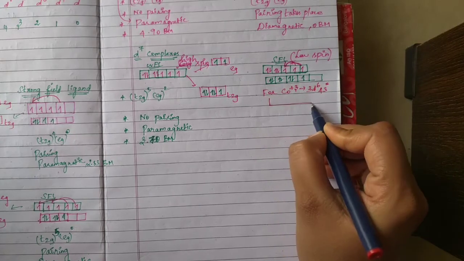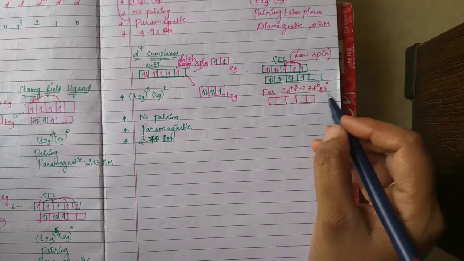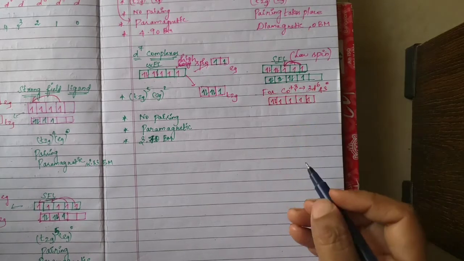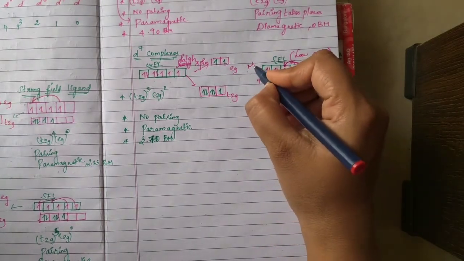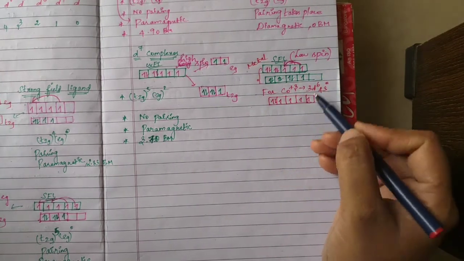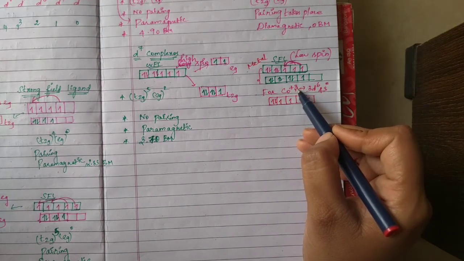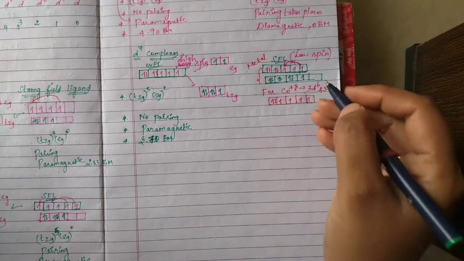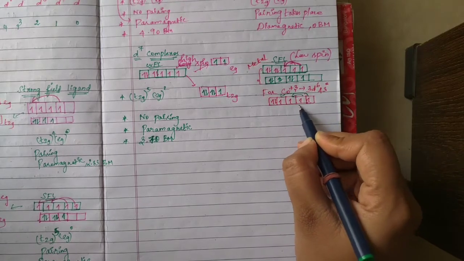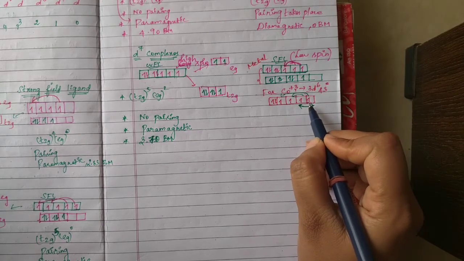See now, in 3 plus state only strong field can approach. So see, 1 2 3 4 5 6. Okay, students, this one for metal, this one for ion, students. Only in ionic state ligands approach. Here in metal state it is not possible for ligand, so that's why it removes one more electron. So now pairing takes place because of ligand. See, students, now two orbitals are free. So now ligands can approach in these two orbitals and form a bond.